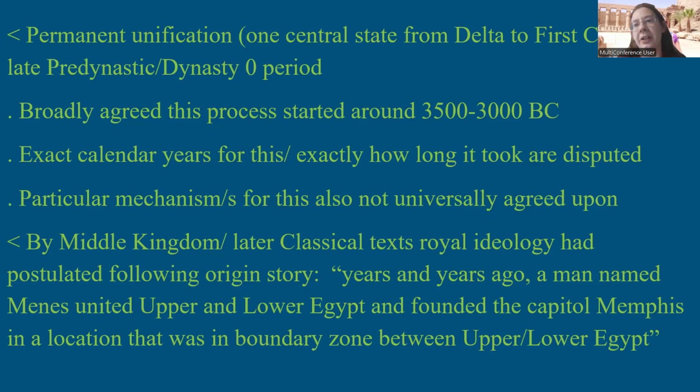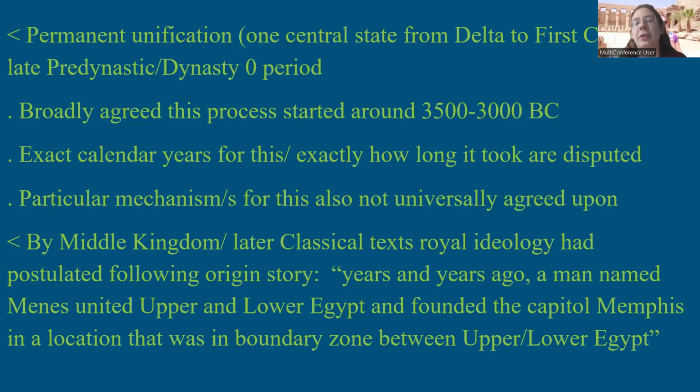One of the current theories is that this figure, Menes, never actually existed, but was basically a compilation of all the rulers that were involved in this unification of Upper and Lower Egypt, including Narmer, and over time they all got amalgamated into this one mythical founder person. So that is the basic background to the unification of the Egyptian state.